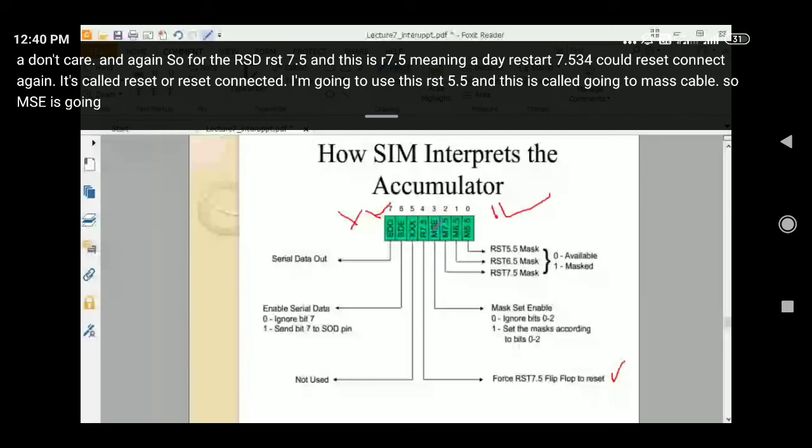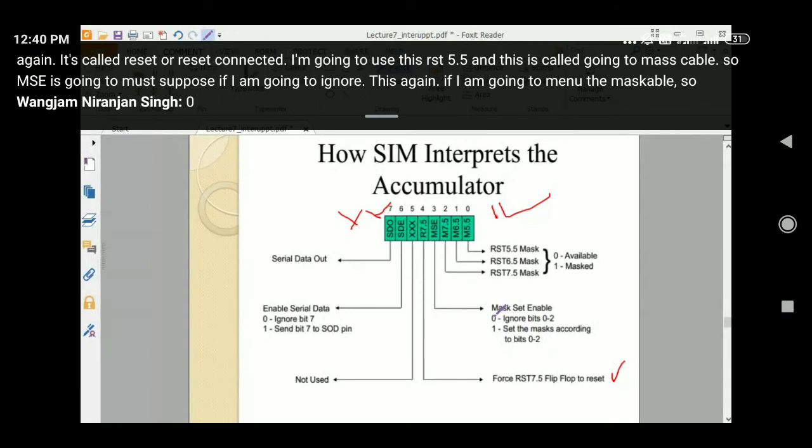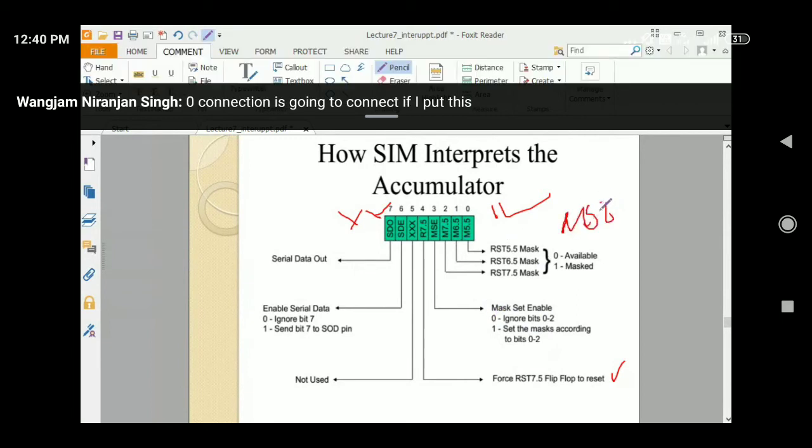MSE is going to mask. Suppose I am going to ignore the masking, then I put this MSE as 0, and if I put the SDE as 1, then I can enable the data communication.